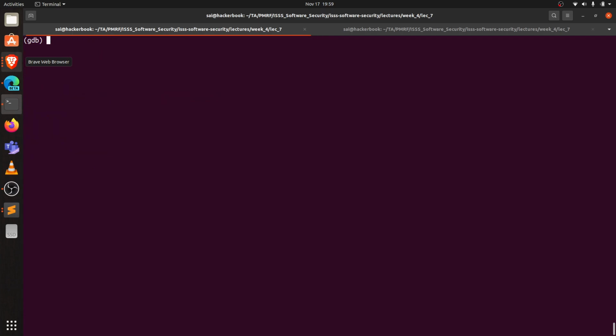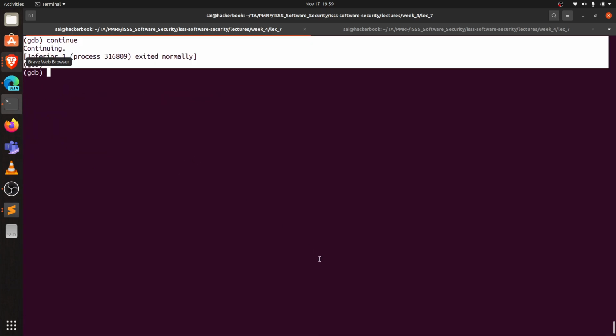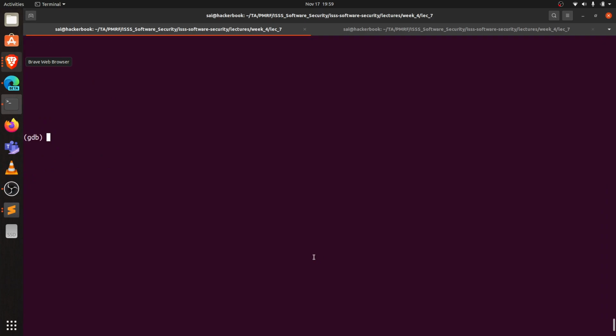What all commands did we look at? We looked at the print command, the continue command, the run command, the command to single step through instructions, the finish command, and the command called x, which follows some particular format, right? And then we looked at info registers,